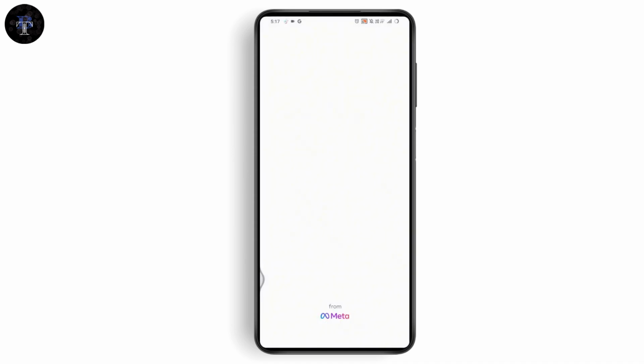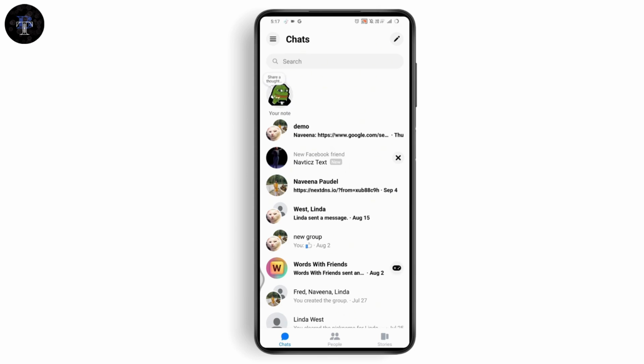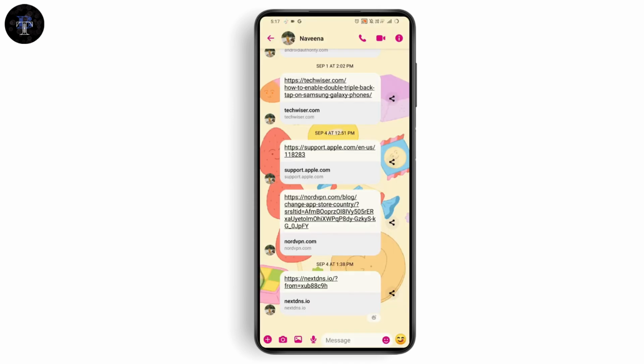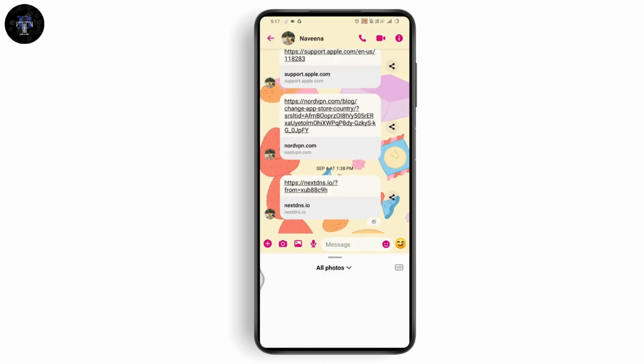to open up your Messenger application and make sure to update the application, because you can do that with your application itself. So first choose a chat in which you would like to send the image or video, and now go with the bottom left which has that image option and choose your photos or videos that you would like